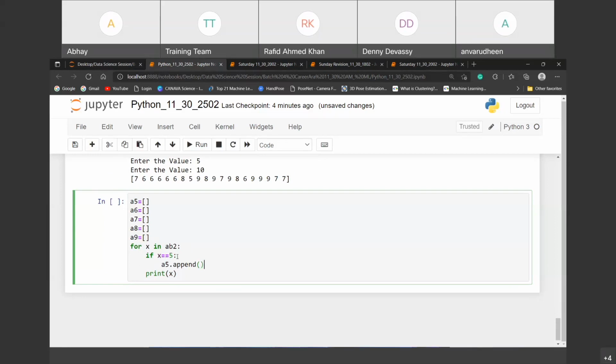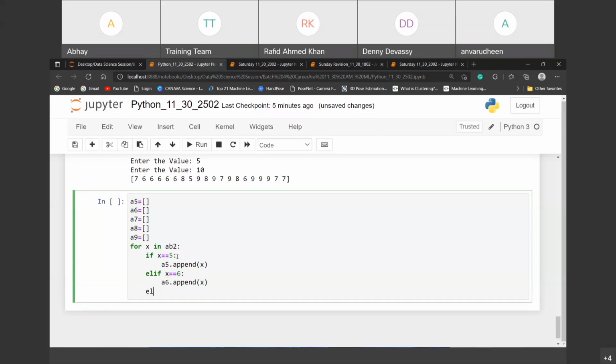Okay, so if it is 5, then he will pass x into the A5, and else if x is equals to 6 colon A6 dot append into the bracket x, else if x is equals to 7 colon a7 dot append x,